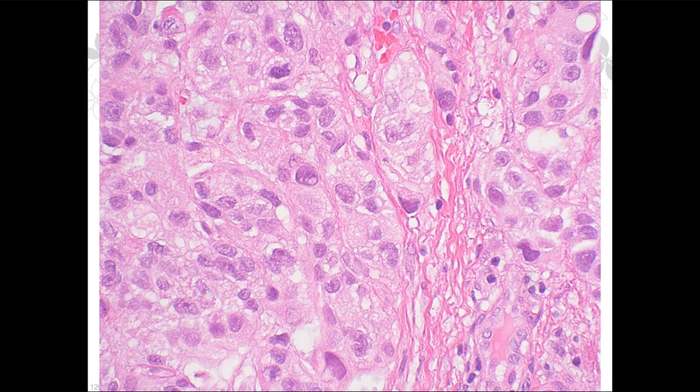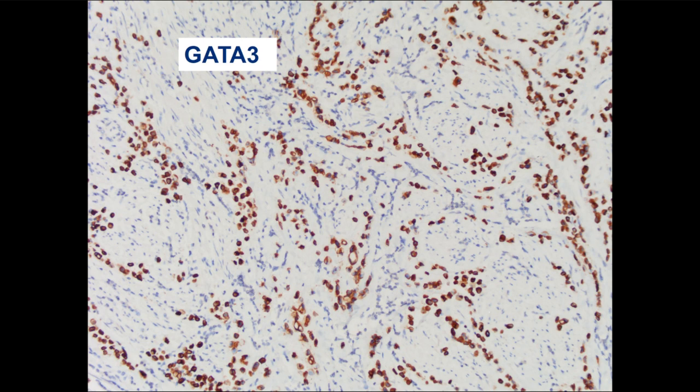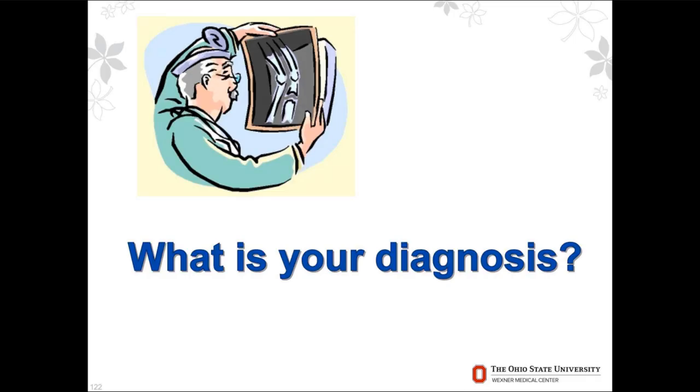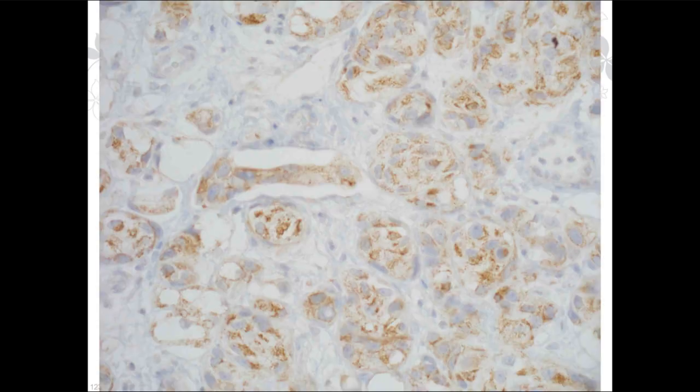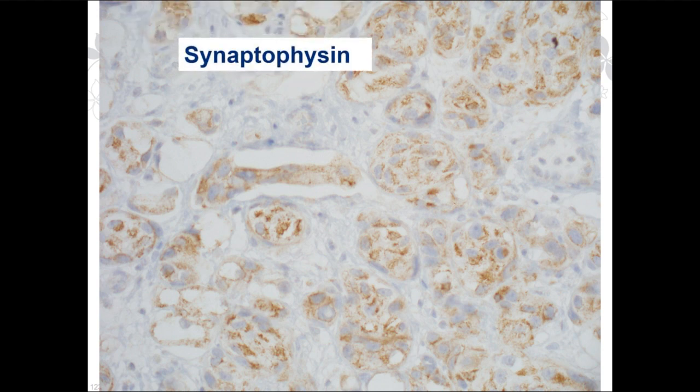At even higher power, you can appreciate the nests more clearly. And again, if you did a GATA3 stain, they will stain strongly with GATA3, which is a marker for bladder cancer. So if you established the diagnosis, you were going to call the urologist, you might call this urothelial carcinoma. But if you remember that GATA3 staining is also seen in a subset of paragangliomas, you may think twice,